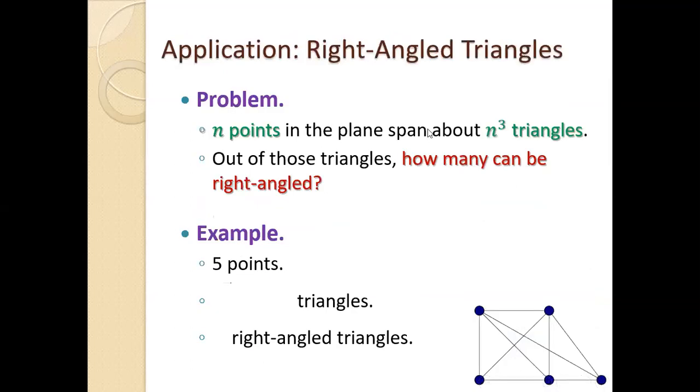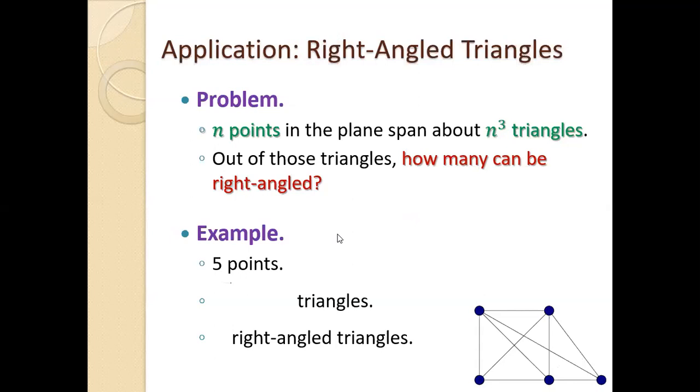Here's a problem. We have n points in the plane. When you have n points, we want to look at triangles that these points form. So you can look at a figure here. I just have 5 points. These span all sorts of triangles. By that I mean there are a lot of triangles whose 3 vertices are from this set of points. If you have n points for some huge number n, you're going to have almost n cubed triangles. Every 3 points span a triangle, including triangles that are flat, kind of degenerate triangles, 3 points on the same line.